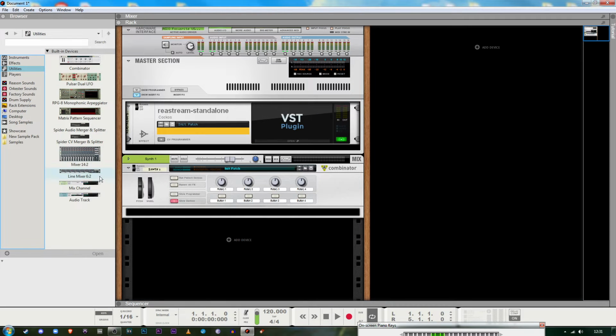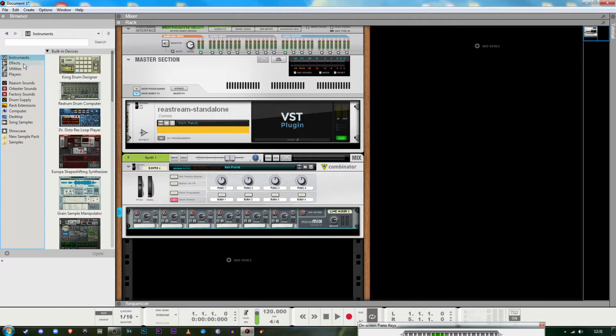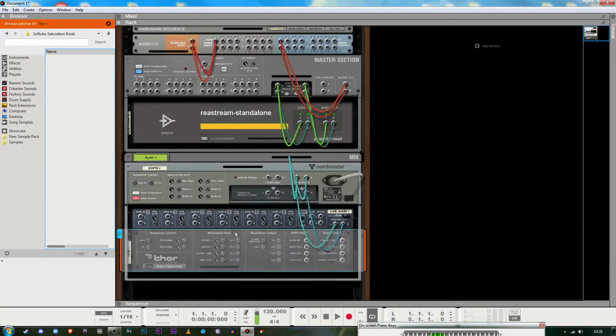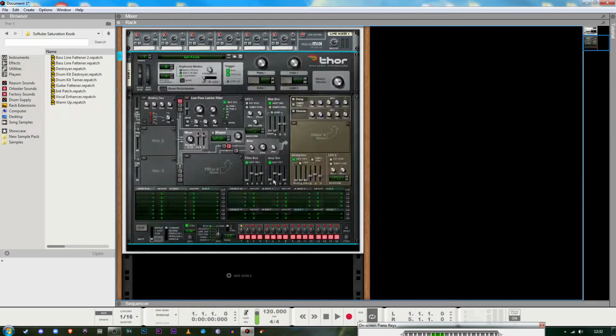Inside the combinator, I usually put a line 6 to 2. Then you want to put in a Thor, holding shift so it doesn't plug in automatically. So it'll look like that. It's just a clean Thor, one analog oscillator with sawtooth, square, triangle, and sine waves. There's also a bunch of other oscillators: the wavetable, phase, FM, multi, and noise. I only really use the analog, FM and noise ones,